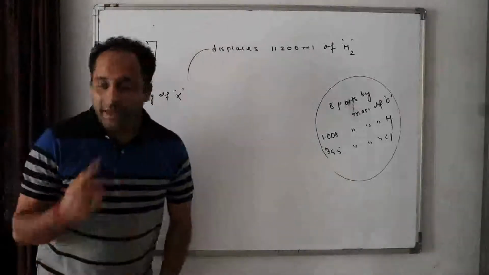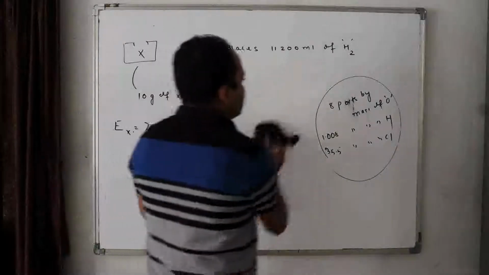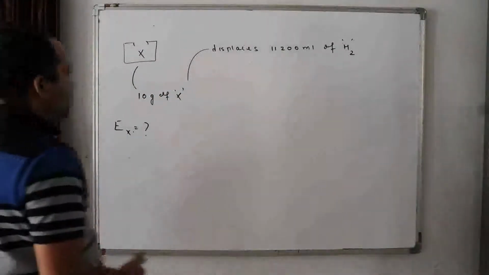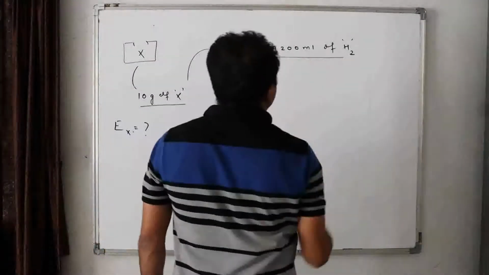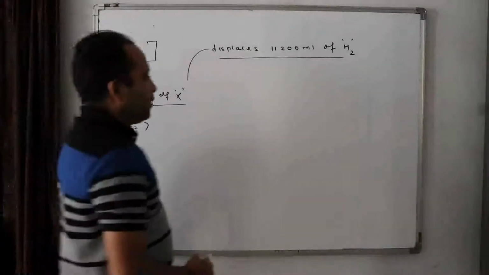Focus on this question, very nice question. What is the equivalent mass of X? Look here, beta. 10 gram of X displaces 11200 ml of hydrogen. What is the equivalent mass of X is the question. Now tell me,